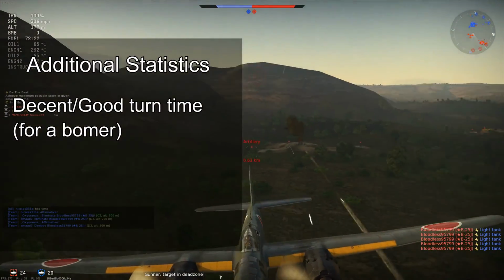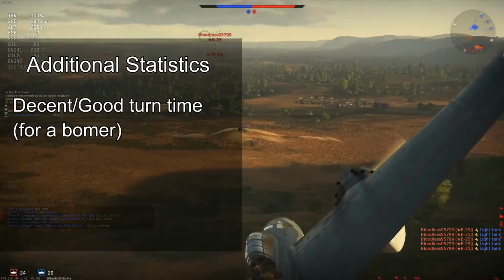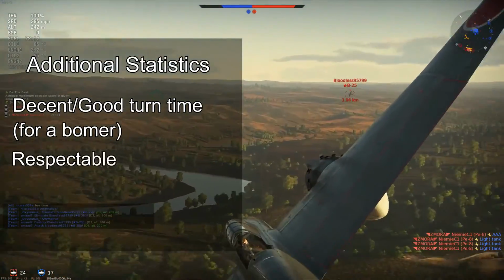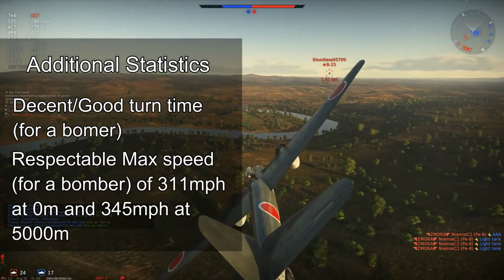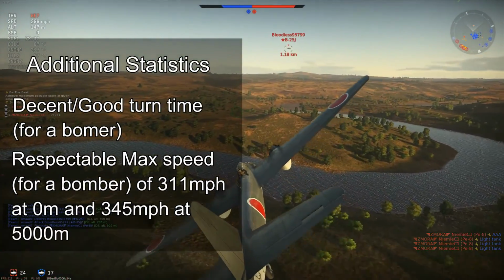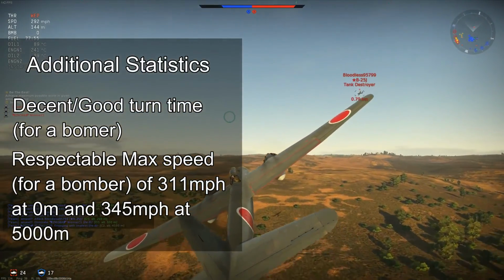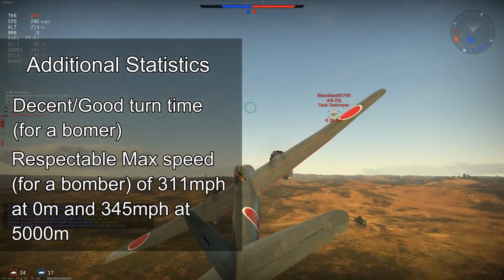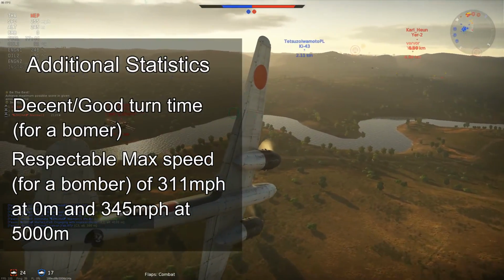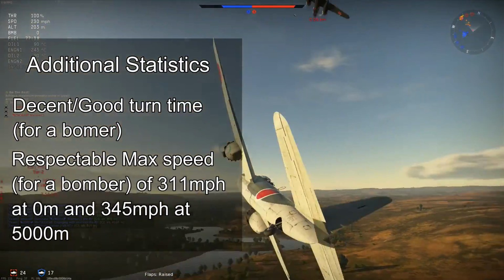And you're also looking at its speeds, which once again aren't very impressive. Worst case scenario, at an altitude of 0 meters, you're looking at about 311 miles an hour, and best case scenario is 5,000 meters, where you're looking at about 345 miles an hour, which for a bomber is okay. In fact, it is actually fairly fast for a medium bomber,